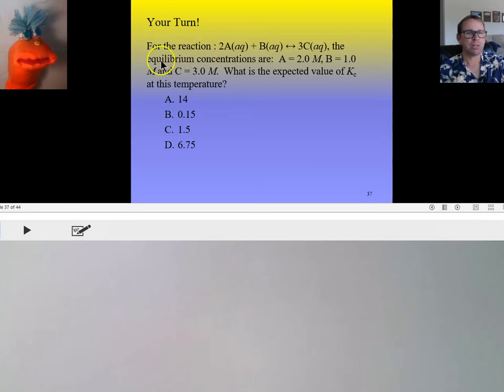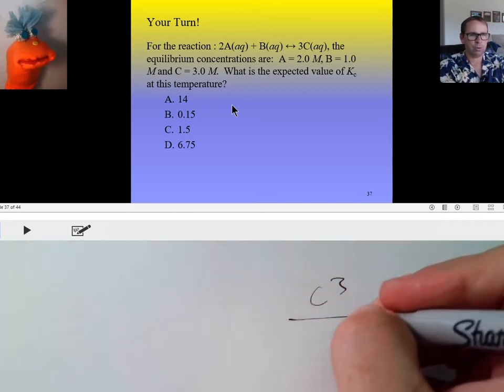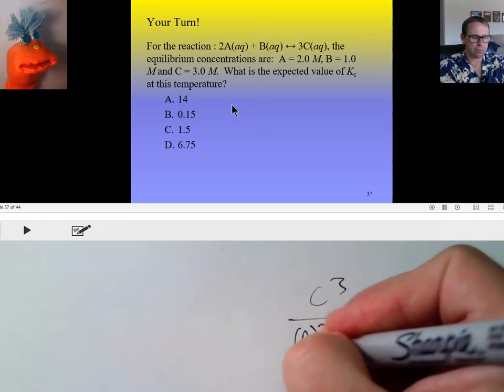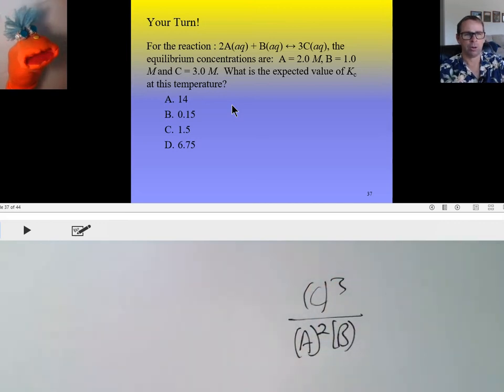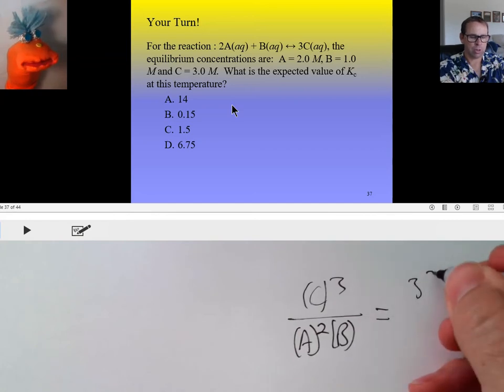So here's the reaction. Here's the concentration of A and B and C at equilibrium. And now we're just going to find what the equilibrium constant is for this temperature. So, how do we do this? Well, the equilibrium expression is C cubed over A squared times B. Very good. The concentration of C cubed, right? Oh, yeah, right. So the concentration of C is what? 3. So 3 cubed